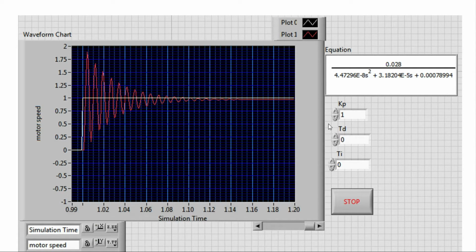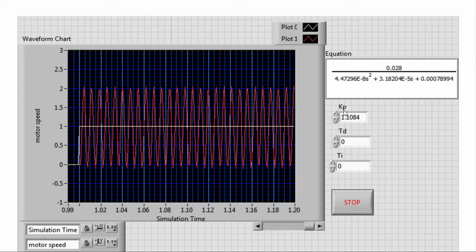First you set your KP value to 1 and run your VI. After that I got the value 1.1084, at which I get the sustained oscillation. This means this peak, this peak, this peak and this peak have the same value.